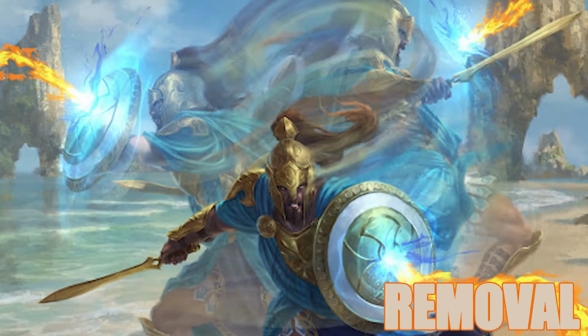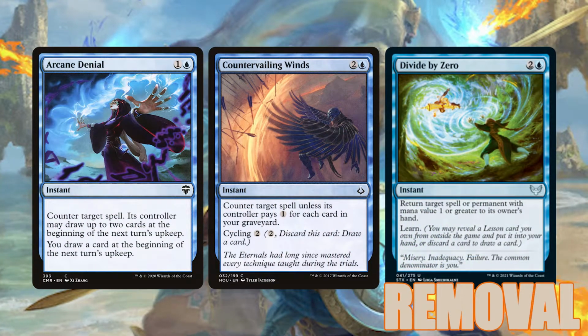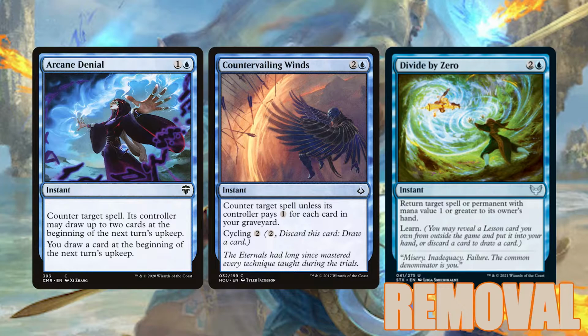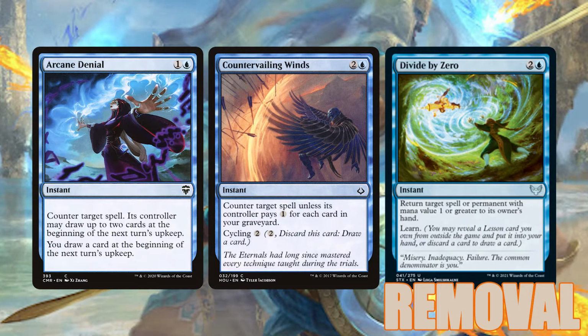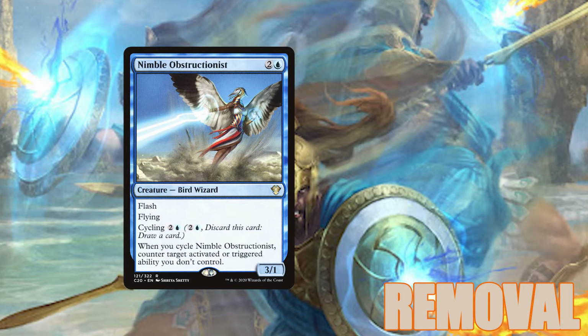Blue's pretty good at removal too. For counterspells, we have Arcane Denial, Countervailing Winds, and the new Divide by Zero. Arcane Denial replaces itself, Countervailing Winds can be cycled if we don't need to counter anything, and Divide by Zero, which can hit uncounterable spells, is an Unsubstantiate with a discard and draw attached. To get around triggers and activated abilities, we have Nimble Obstructionist, which can be a flying 8/8 if we play our cards right,